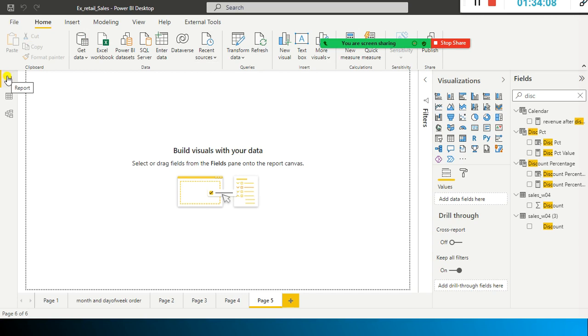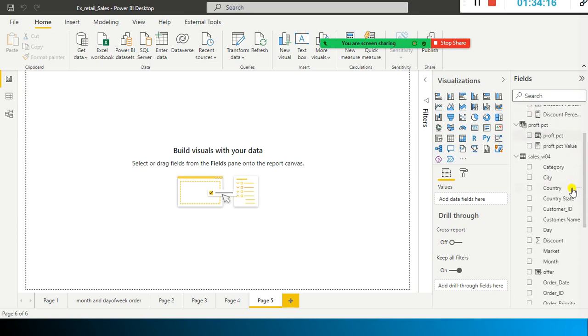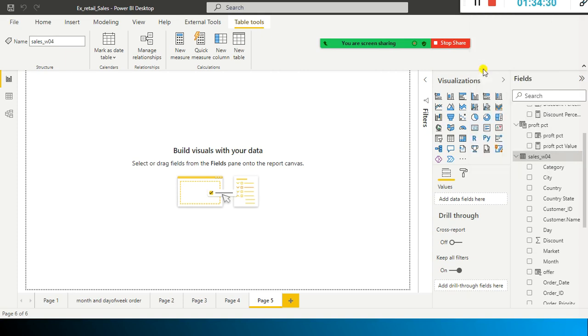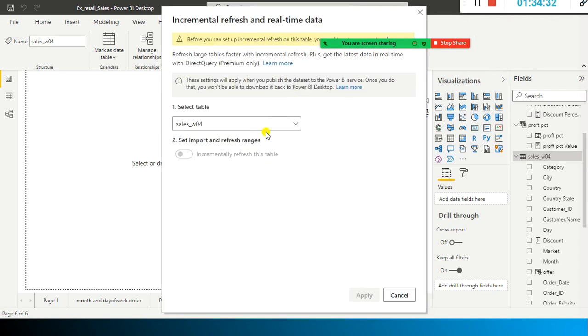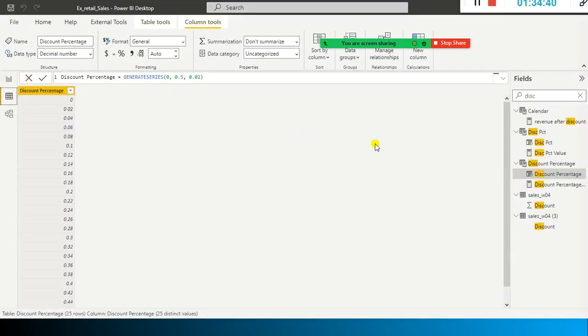The next thing is, for example, you wanted to schedule an incremental refresh for this table. That is the transformation in the Power Query editor, where we scheduled it. Apart from this, if you want to schedule a table itself, some tables, more than one, for example your sales W04, this is the table you want to schedule for incremental refresh. You can do it here. Just go here and select sales W04.